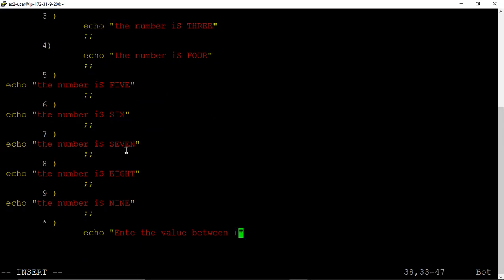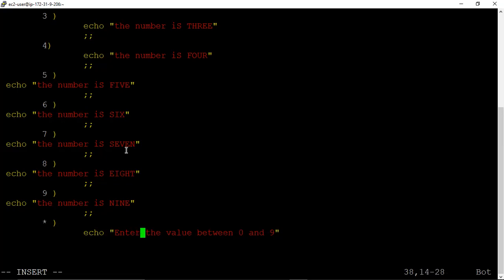This is the default action when the entered number is not between 0 and 9.